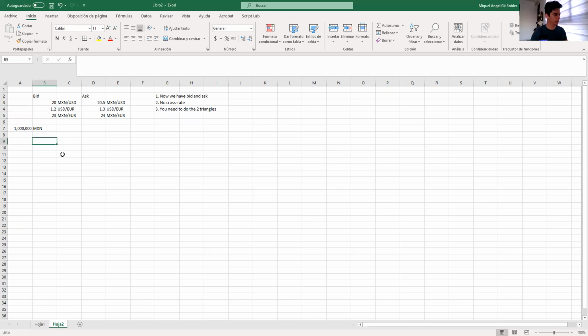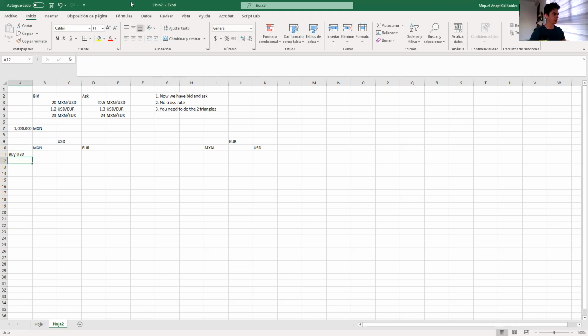So now, because we have to do the 2 triangles, let me start with that. It's different because we have 1 million pesos. So we start in pesos, okay? We'll start in Mexico. And from Mexico, we can move to the US and then to Europe, or we can do it the other way around. We can do it pesos to euros and then to dollars, and then we go back. Now we have to do the 2 triangles, so it doesn't matter where we start. So first step, buy